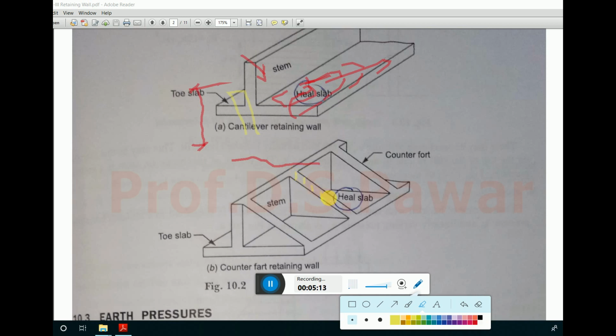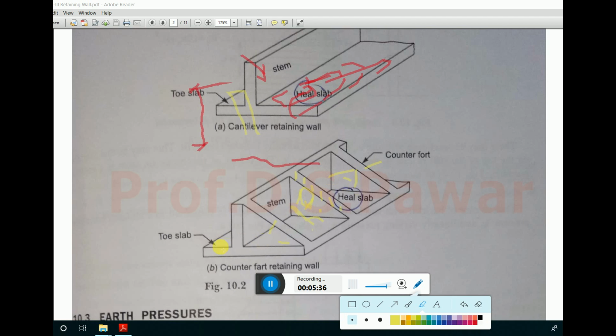So this is the stem. This is the width of the stem. Okay, and this element is called the counterfort. So here you can see this is the counterfort. Okay, the role of the counterfort is that when we are going to put soil here,